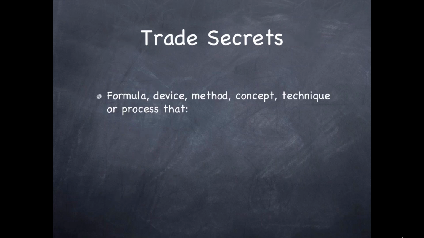Last category we have are trade secrets. And with trade secrets, here we're looking most commonly at formulas as well as processes or techniques. Probably some of our most famous trade secrets you would know from the food industry or the beverage industry. Coca-Cola Classic is a trade secret. Colonel Sanders' secret herbs and recipes for KFC is a trade secret. McDonald's Big Mac sauce is a trade secret.